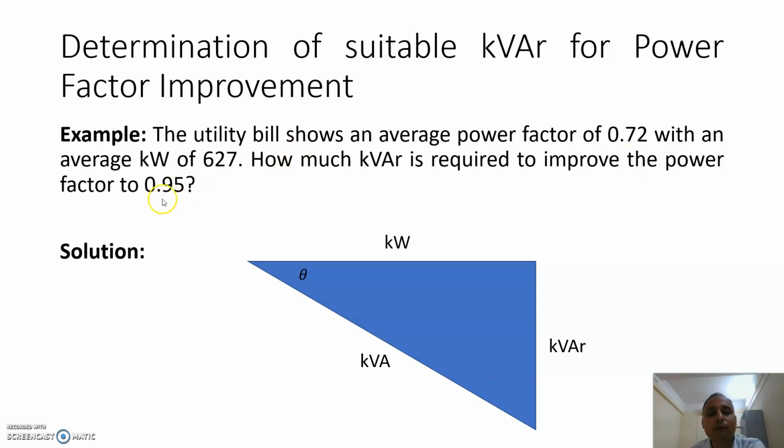We want to improve that power factor to 0.95, keeping the consumed power, that is the kilowatt active power value, the same, because active power is the power actually consumed by equipment like motors, and that should not be hampered with. So let's form the power triangle: kilowatt, kVAR, making this kVA in total, and the angle between the kilowatt and kVA is theta, which is also called the power factor angle.